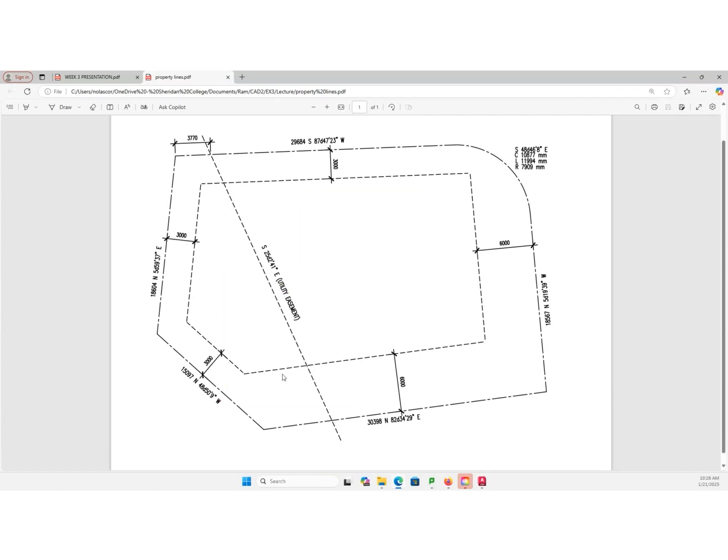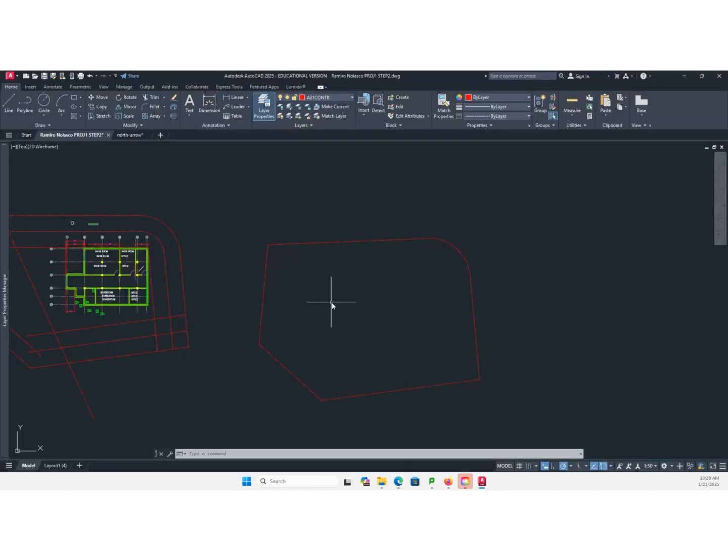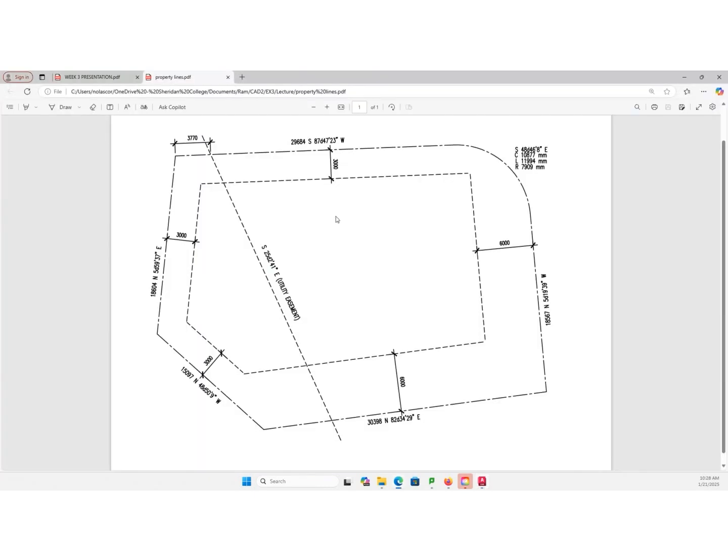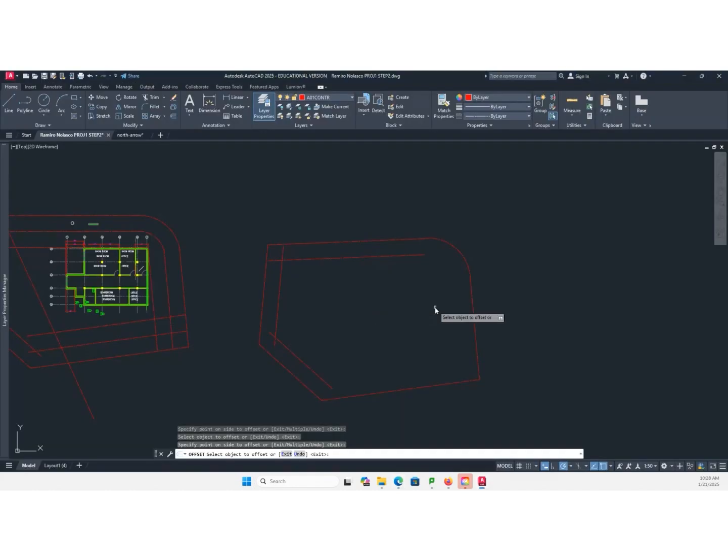Offset by 3,000. Offset here, offset there. I think here. Offset here 3,000, and then 6,000 on this side. Enter to end the offset command.